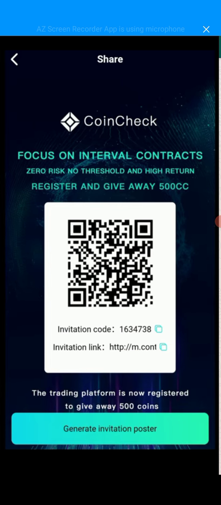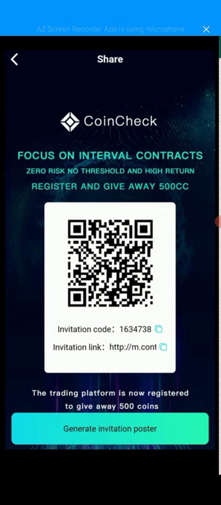Aside that, you can upgrade. Now, upgrading means you just need to invite 10 people successfully onto this platform, and from VIP 0 you will be upgraded to VIP 1. And when those people you invited are performing tasks, anytime their task is successful, you'll be getting 10% of whatsoever profit they make. Now, if you invite 30 people, you will automatically upgrade to VIP 2, and you'll be getting 15% of whatsoever profit the people you invited make.